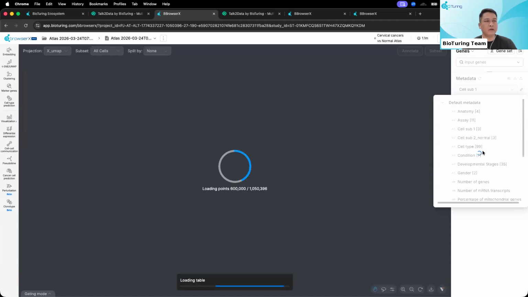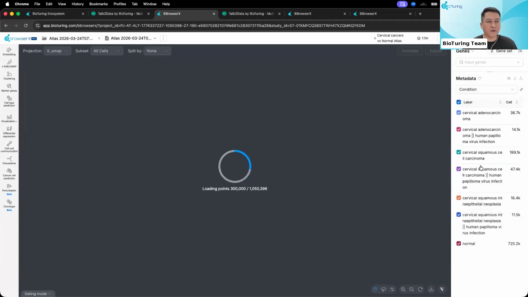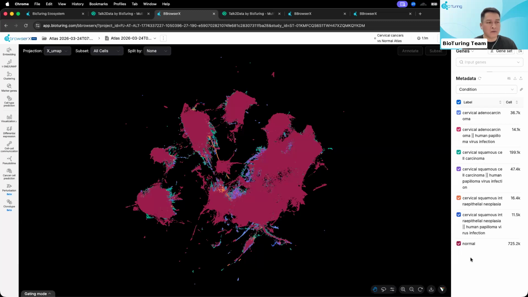And you can go to the condition here to take a look. In this cervical cancer atlas, you can see there are some normal samples, some cervical adenocarcinoma, and some cervical squamous cell carcinoma as well. So different conditions, because I combined these conditions together into that atlas. And what I would like to do first, because we are interested in Nectin-4, is to query the expression of Nectin-4